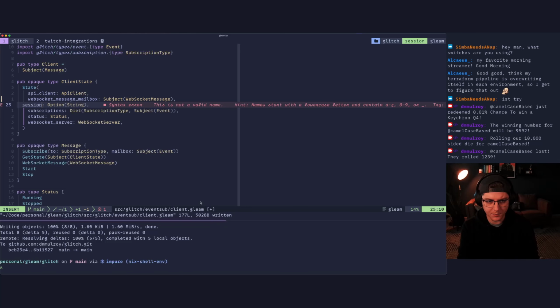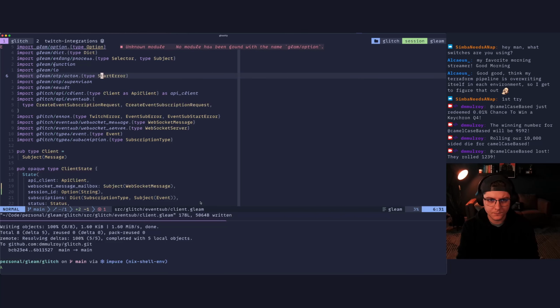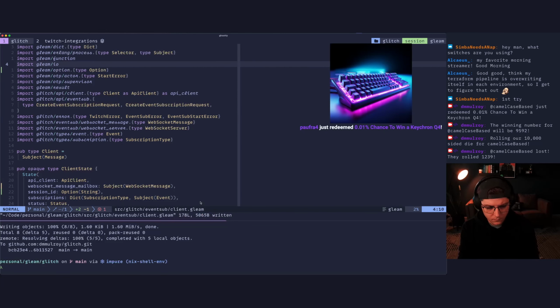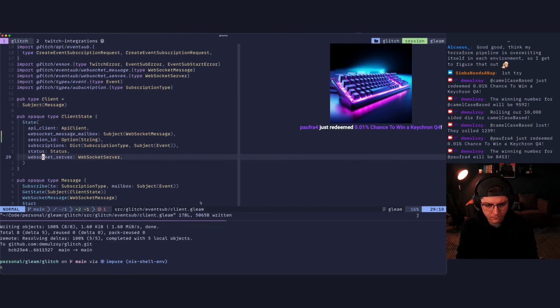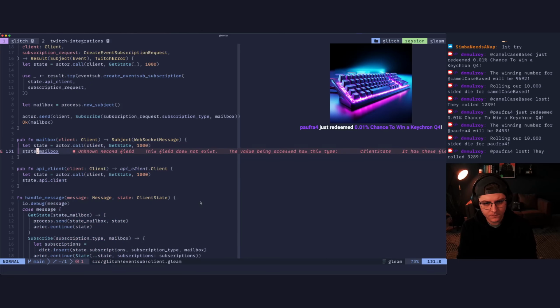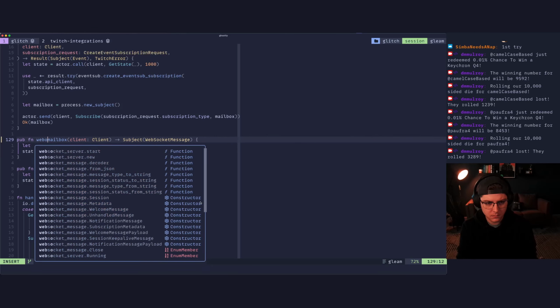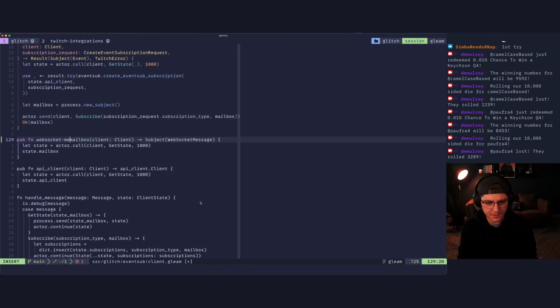Right. TypeScript brain. And let's bring in options. Import gleam/option. Type option. Not Glam. All right, there we go. And then down here, right, this will be WebSocket mailbox, WebSocket message.